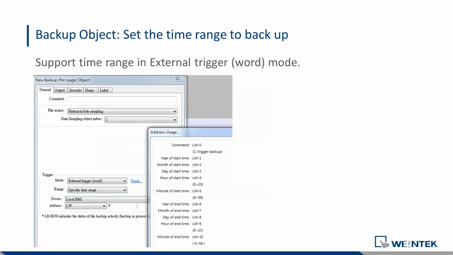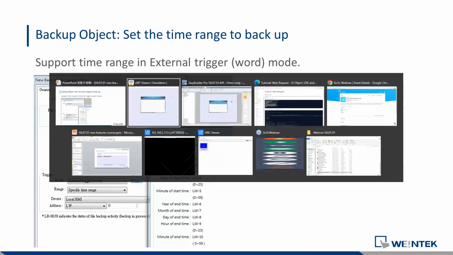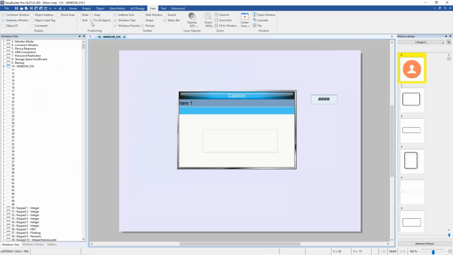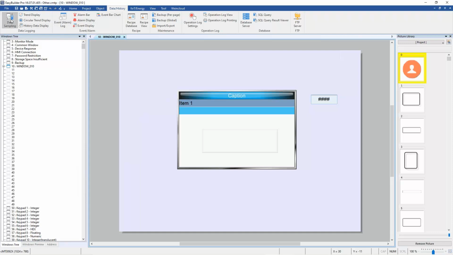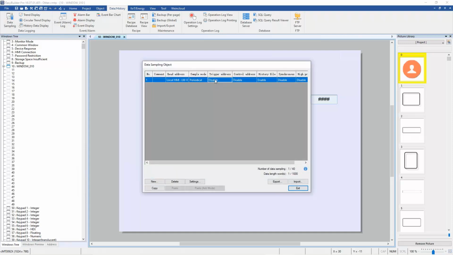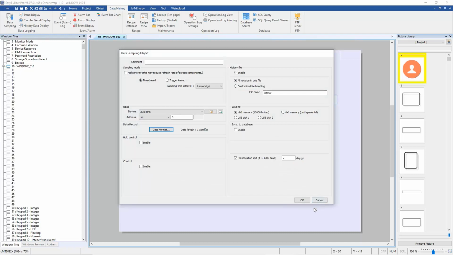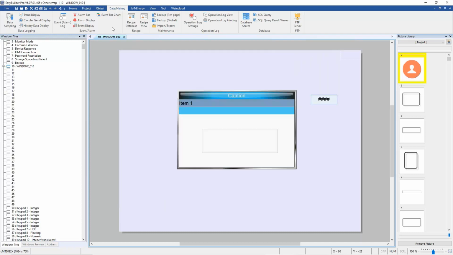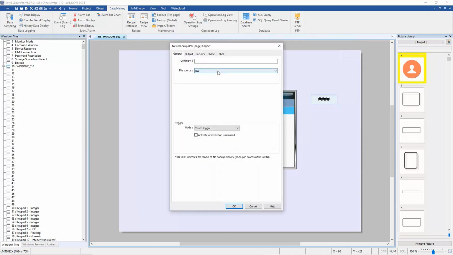All right, and for the backup object here, you will be able to set the time range to backup. So let's go to EasyBuilder Pro here and make sure that you have already set a data sampling here. You can set the data sampling, you go to the backup object here, and you choose the file source to historical data sampling, and you will be able to set the